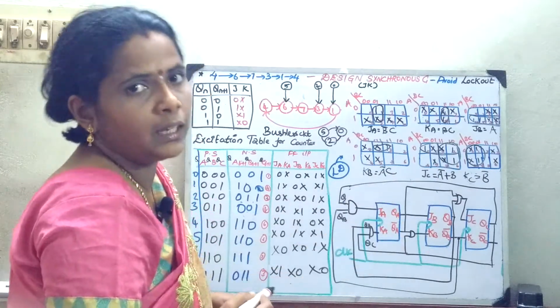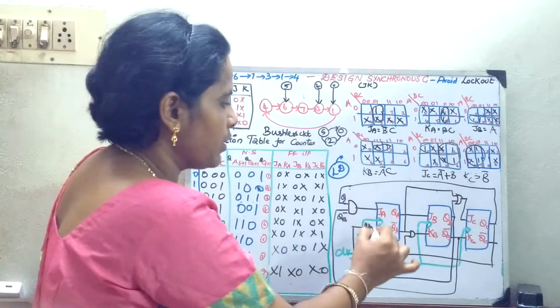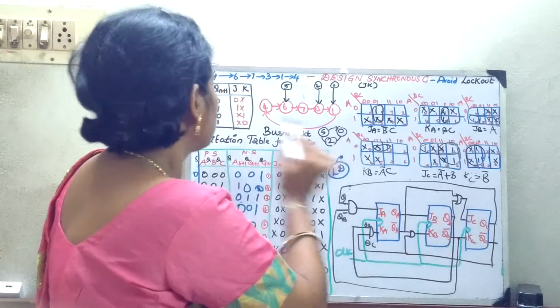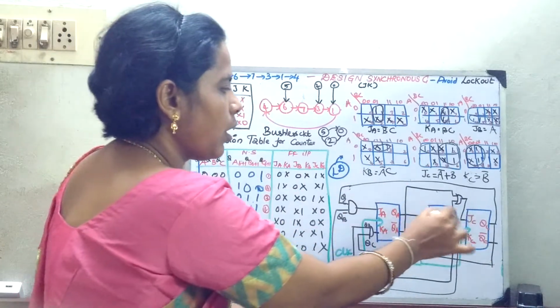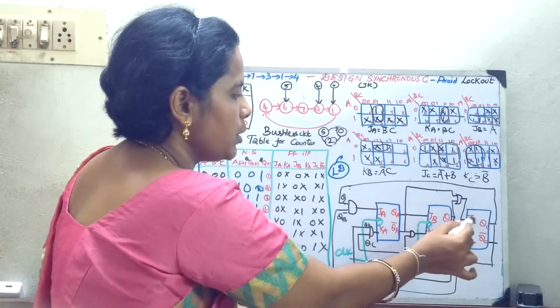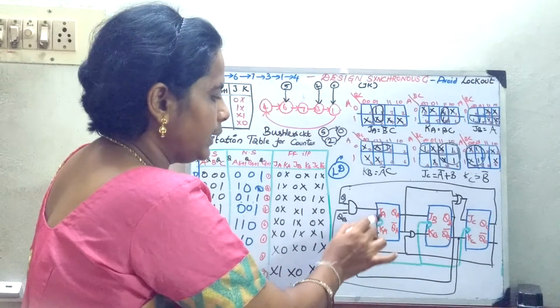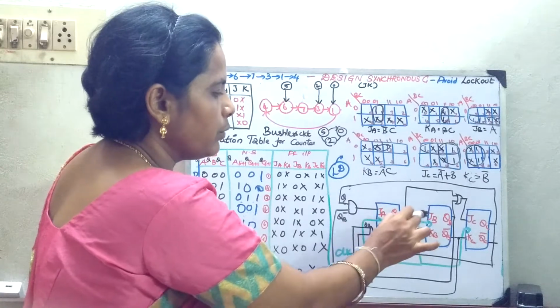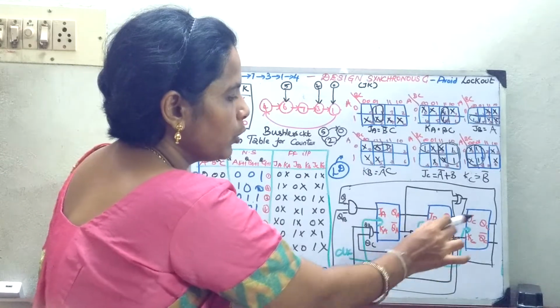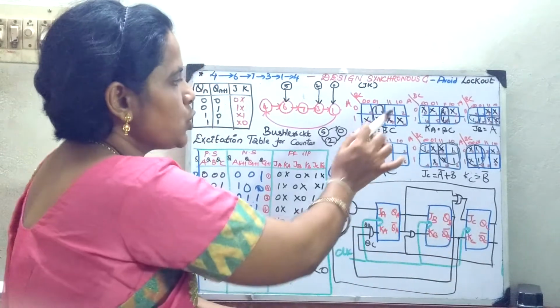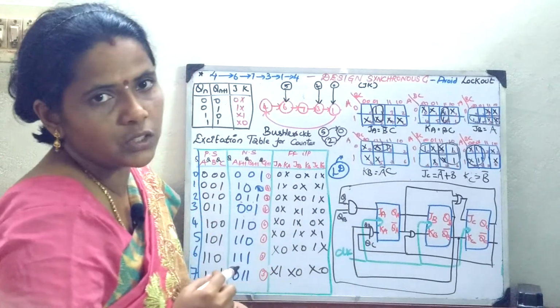Once all this is done with, what is the next thing? You have to draw the logic diagram. How to draw the logic diagram? First, with respect to your 3 present states, draw 3 flip-flops and keep JA, JB, JC and give the clock pulse to all. Write the input and the output and keep ready. Outline JB, KB, QB, QB bar, QC, QC bar. Now you just have to fill this expression here and draw the logic diagram.